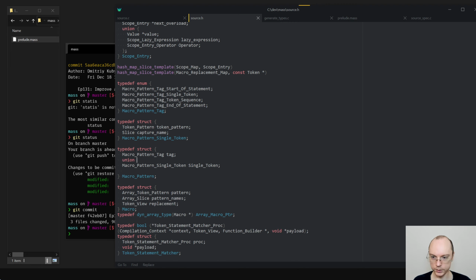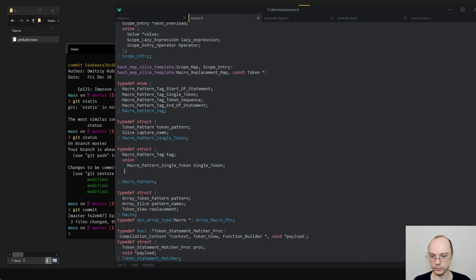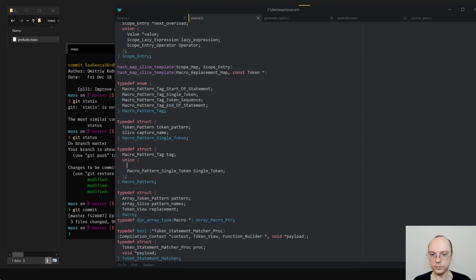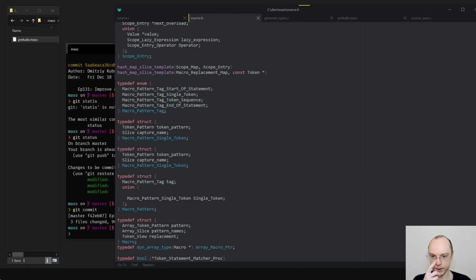And this needs to go into union. And we have a token sequence, which is why we are doing this at all. Token pattern, token sequence.